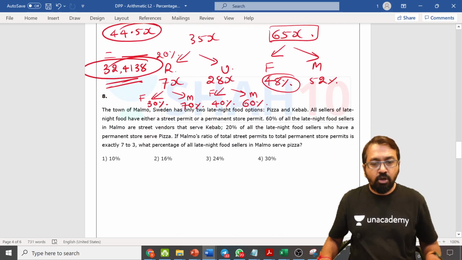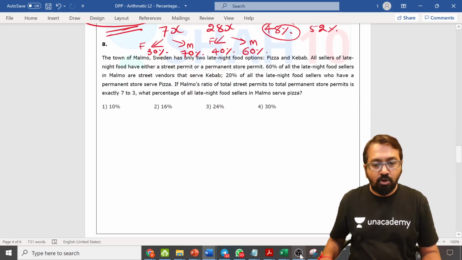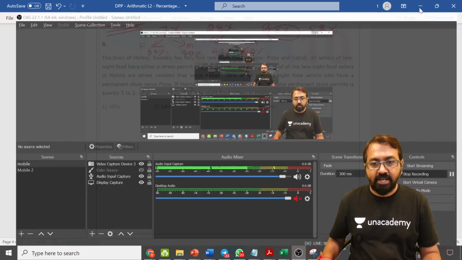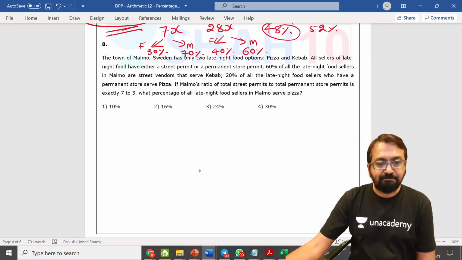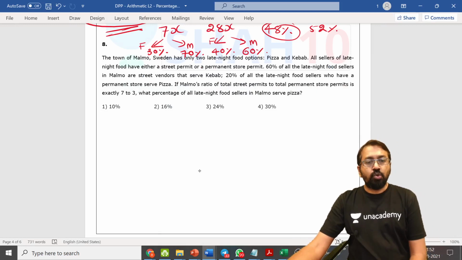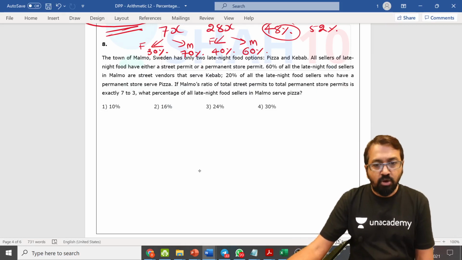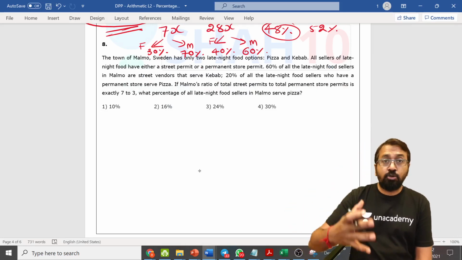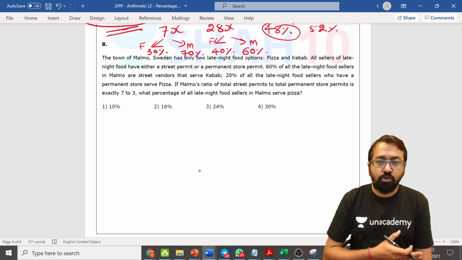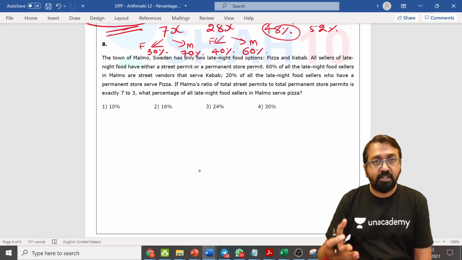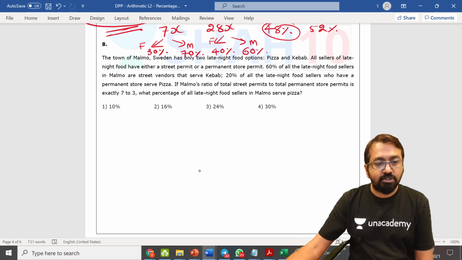Now before we go ahead with the next question, quickly take a pause and look at the question statement so that you can answer it clearly. Okay, so if you have read the question, let's go ahead. Just to quickly tell you, the document has been provided in the description, so please make sure that you have downloaded it from there and you can solve it, and then you can come back to the solutions.